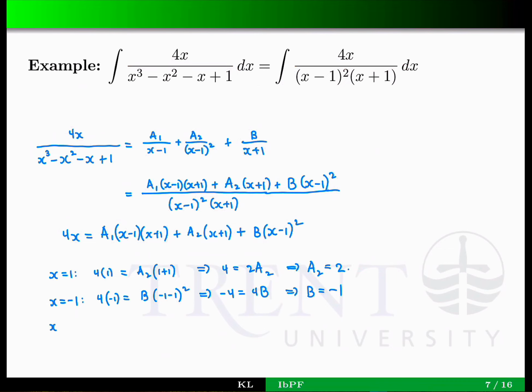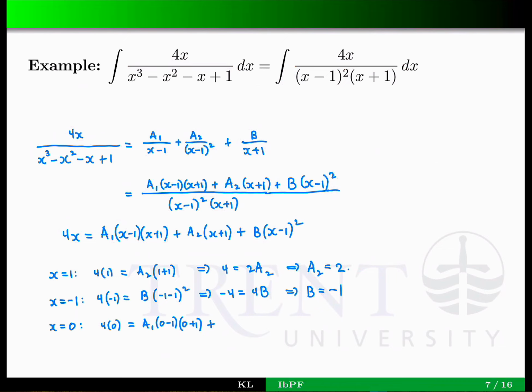Another nice number is when x equals 0. You can use x equals 2, x equals 5, x equals your favorite number, whatever. But I am using x equals 0 because, well, 0 is a very, very nice number. On the left-hand side, 4 times 0 will be equal to 0. On the right-hand side, we will have a1 times 0 minus 1 times 0 plus 1